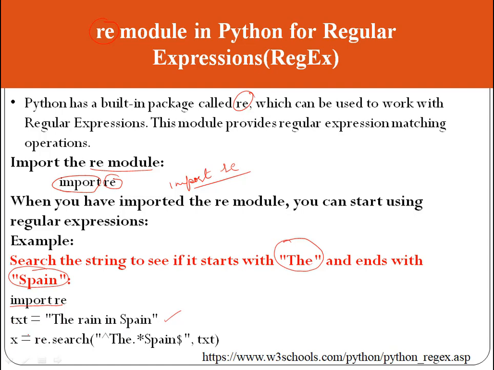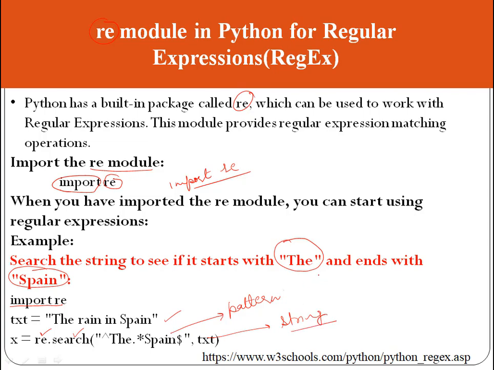We are using the module re and the method search, re.search. Inside the arguments, first we pass the pattern, and second we pass the string to be matched with the pattern.